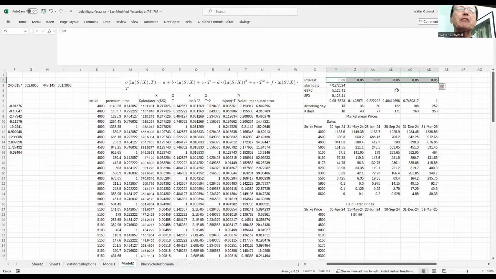I assumed 5% without any changes. The starting date was the 12th of April, and the price of the total return index for SPX at the end of the day on the 12th of April was 5,123. And I need to know how far away we are going into the future. I went up to 1 year, up to the 31st of March, which I assume is 1 year,